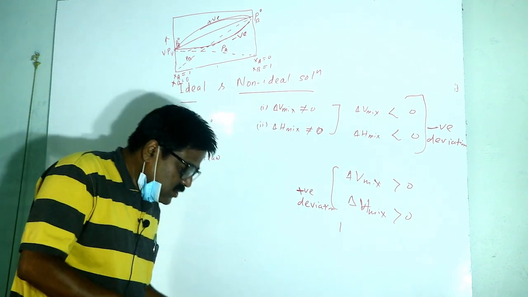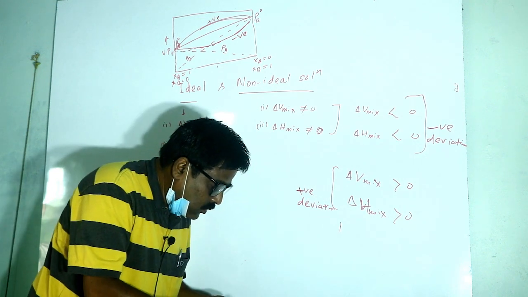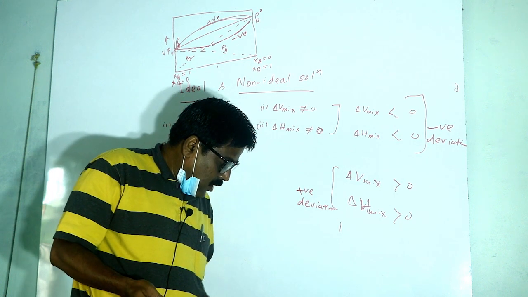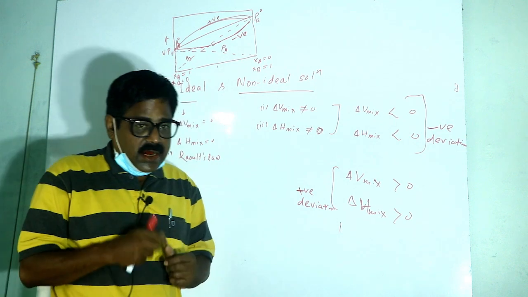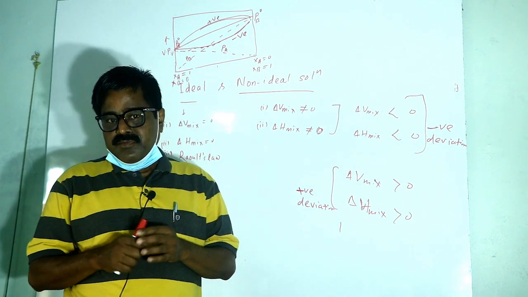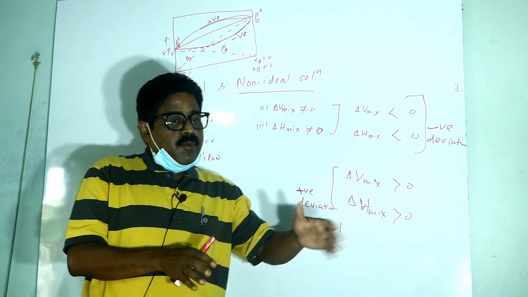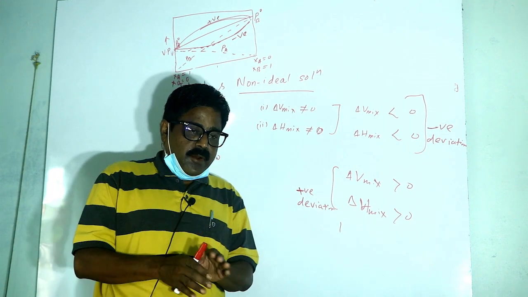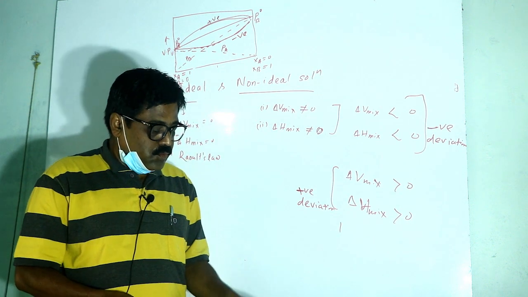Here we can give one example of an azeotrope: water and hydrochloric acid, which is a maximum boiling azeotrope. And when we consider water and ethyl alcohol, that is a minimum boiling azeotrope. In a minimum boiling azeotrope, the boiling point of the solution is less than that of the two components, and in a maximum boiling azeotrope, the boiling point is more than that of the two.